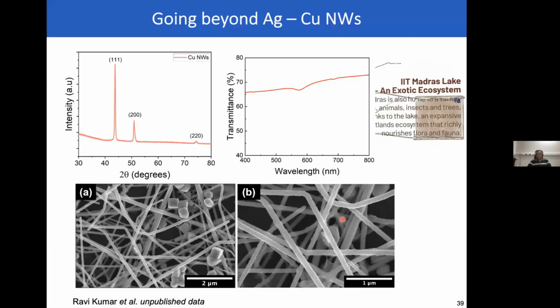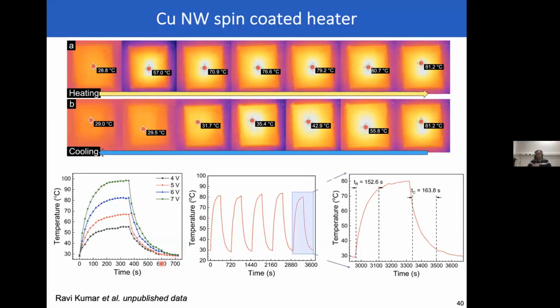Gold is obviously very expensive. So if we can actually make copper nanowires and get them to be transparent, that will also be great. So we have also started some work with our collaborator, Professor Ravi from Amritsar University, where we are getting his help in making copper nanowires. And then we're also doing some tests. We did some preliminary heater applications, but these are all spin coated. So now we have to actually go and see if we can print these.